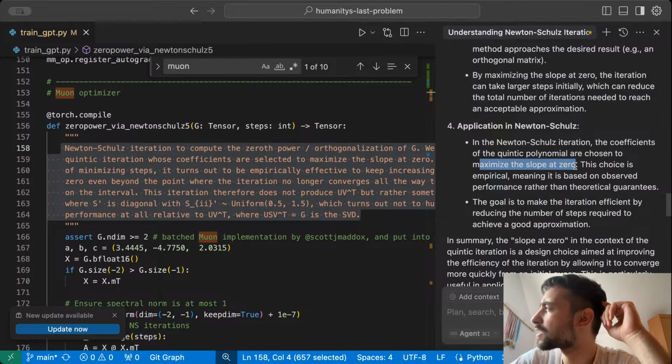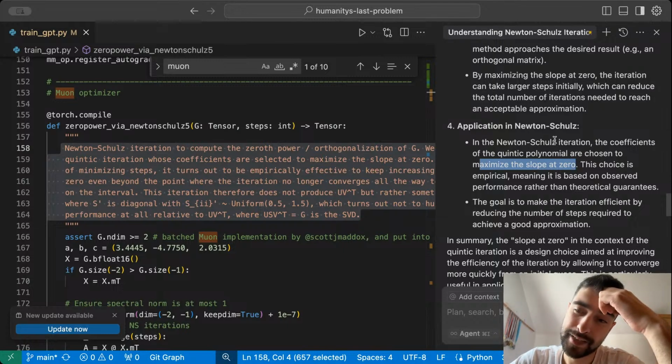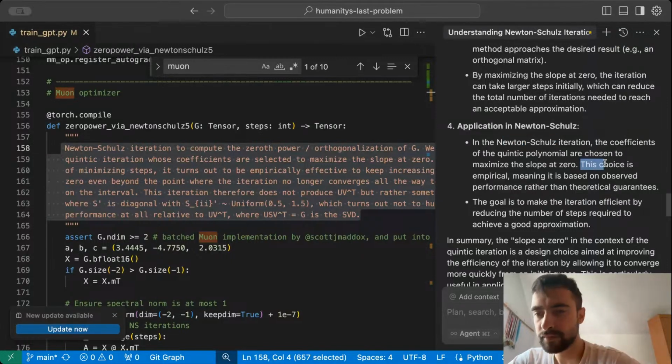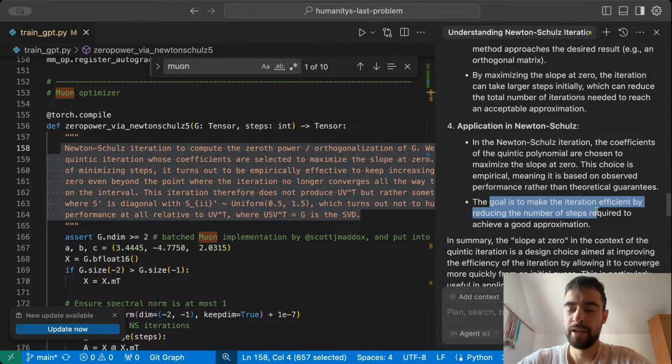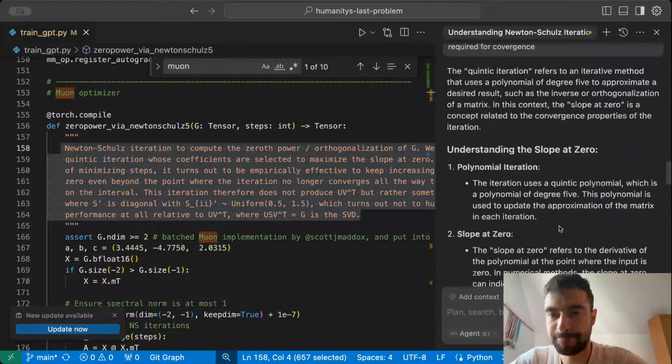To maximize the slope at 0 at this guy's iteration. This choice is empirical, meaning it is based on observed performance rather than theoretical guarantees. The goal is to make the iteration efficient by reducing the number of steps required. Okay,